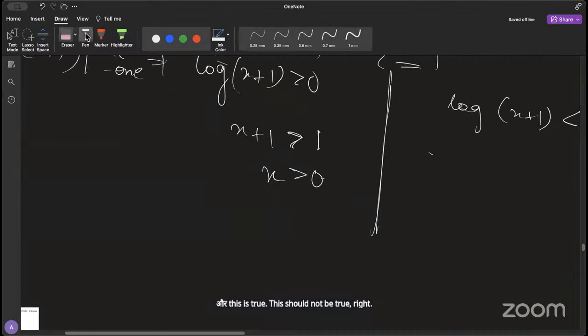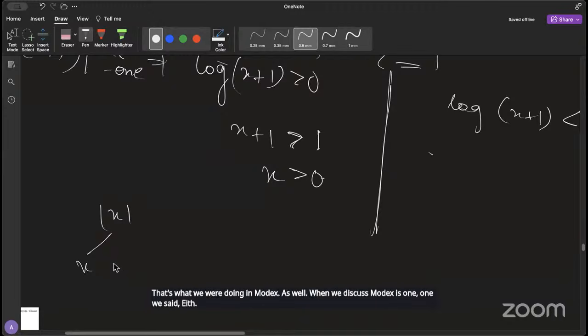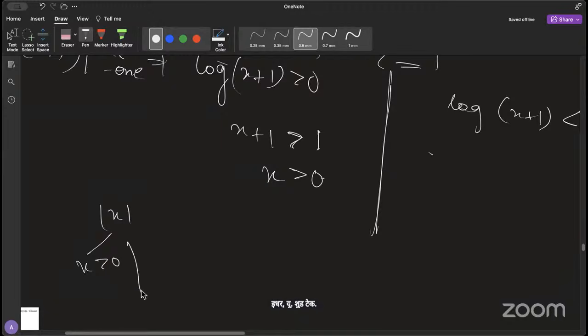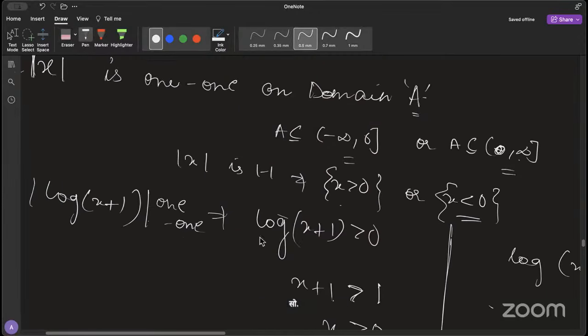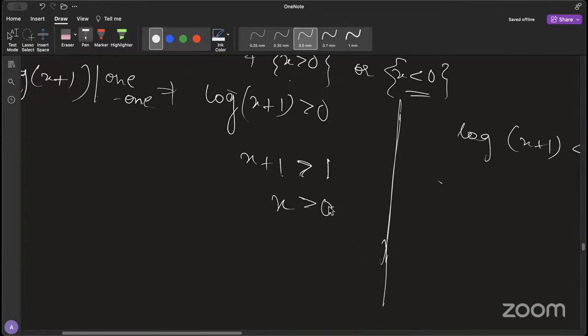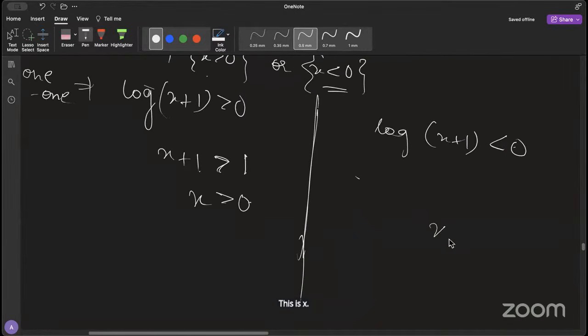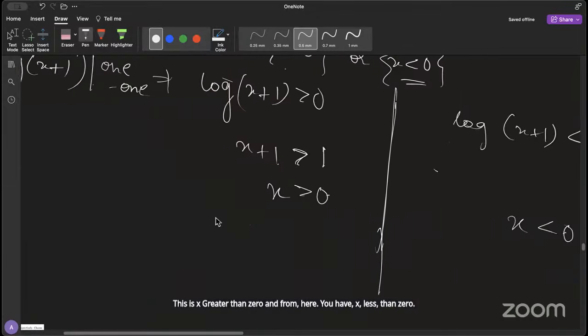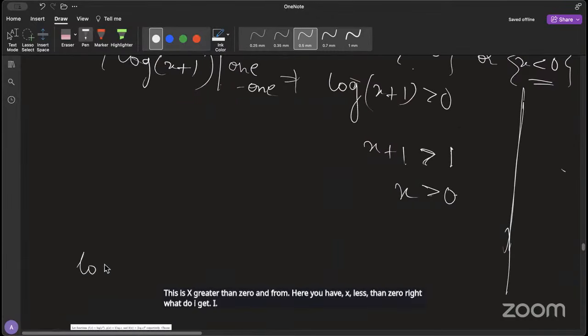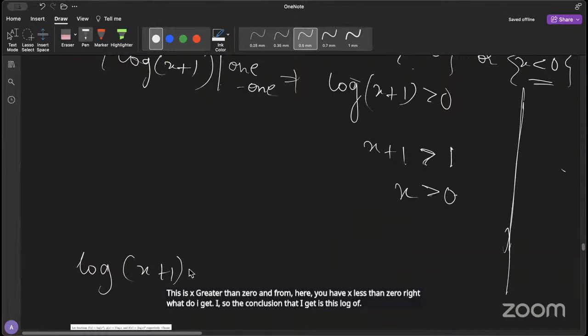That's what we were doing in mod x as well. When we discussed mod x is 1-1, we said either you should take x greater than 0 in that domain, where it's 1-1, or you should take x less than 0 in that domain, where it's 1-1. If you mix these domains, it will not be 1-1, right? So this is x greater than 0, and from here you will have x less than 0. So the conclusion is this: mod of log of x plus 1 is 1-1